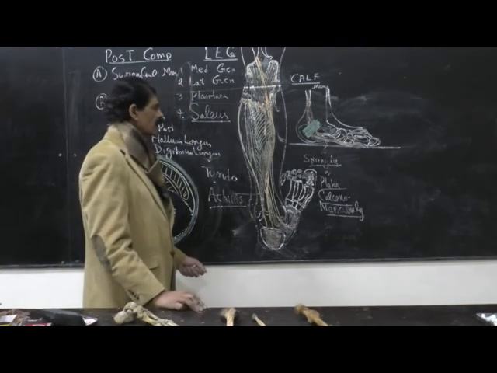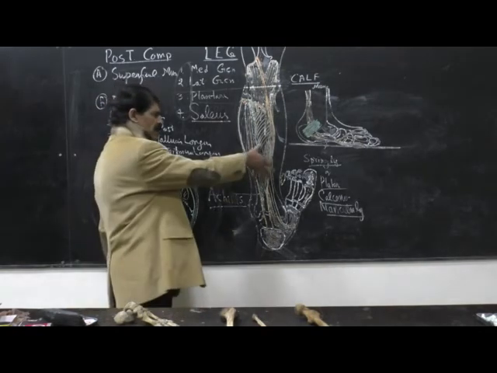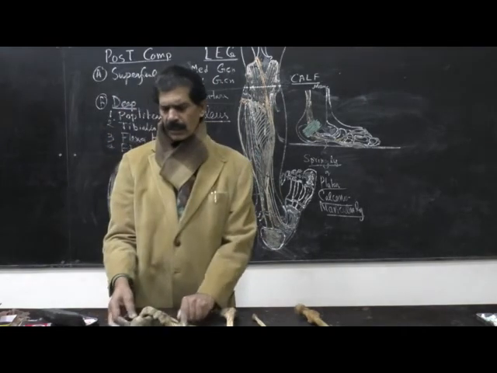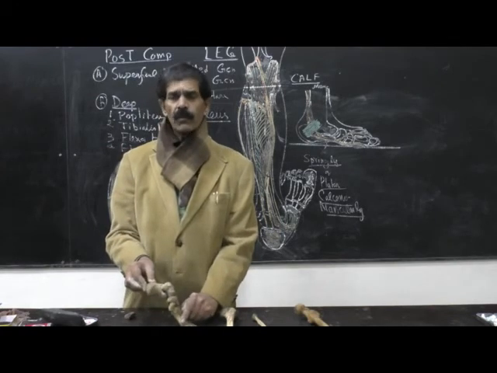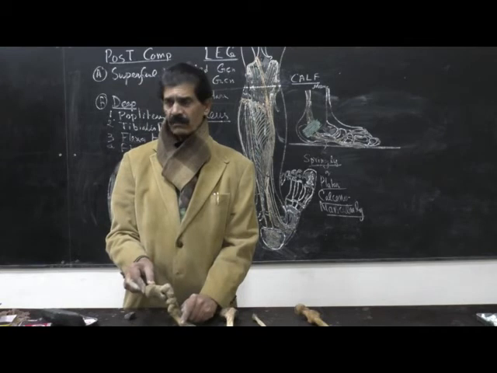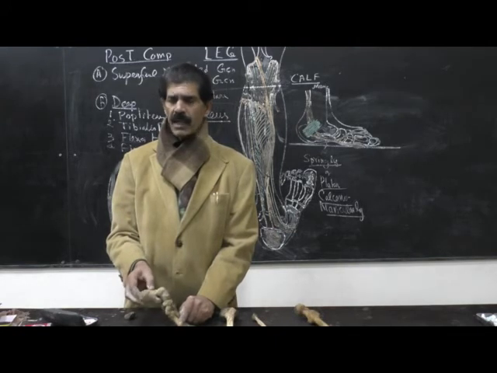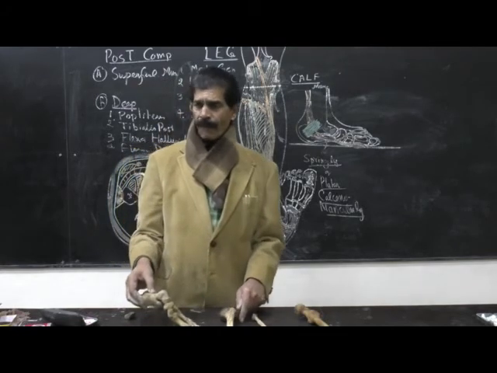Now this is the origin and insertion. Now comes the action. Whenever the soleus muscle contracts, the heel will be raised above the ground. And when the heel is raised above the ground, this motion is called plantar flexion. That is the action of all the flexor compartment muscles, the posterior compartment of the leg, including these 4 muscles of the superficial compartment as well as the deep compartment. They bring the same movement, that is plantar flexion, or raising the heel above the ground.